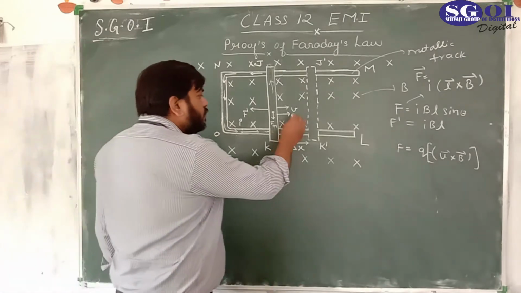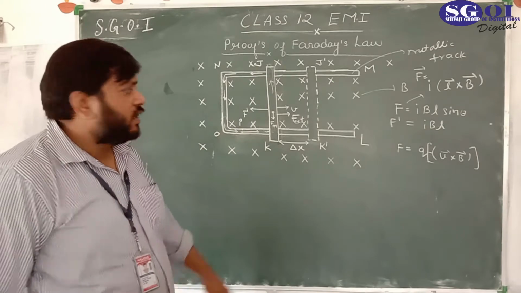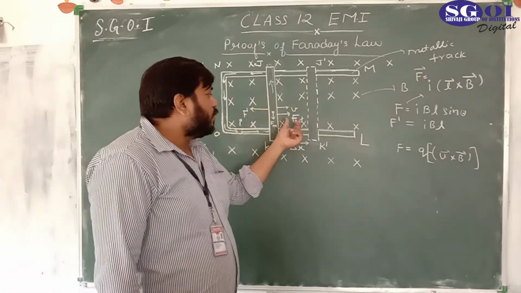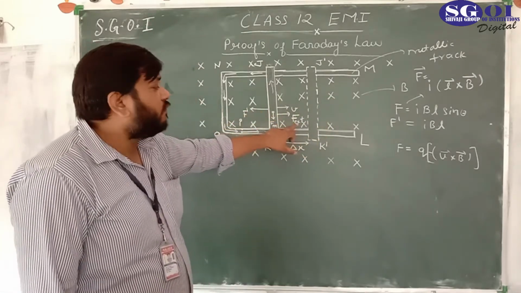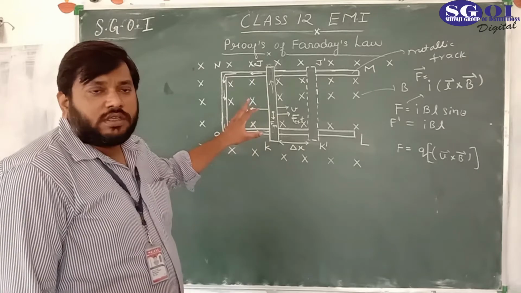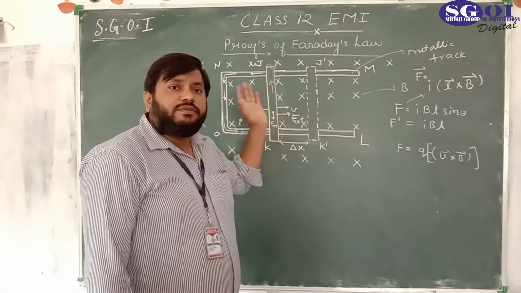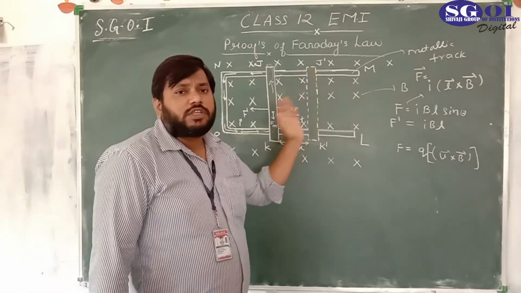Keep this point in your mind. This is F external. We are writing here F external. This is not because of the magnetic effect. We have to apply an external force in the direction opposite to this, and the magnitude of this should be equal to this. Equal and opposite forces cancel out each other, and the net force on the object again becomes 0. It means it would start moving with constant velocity.